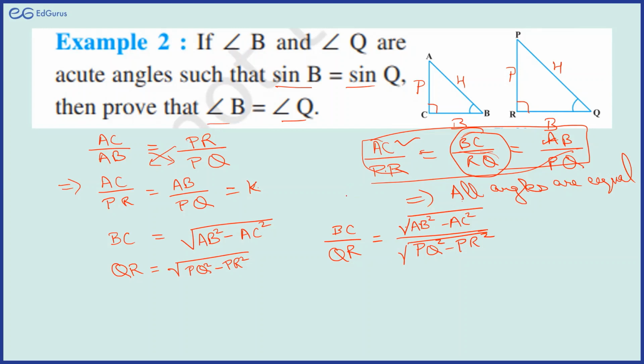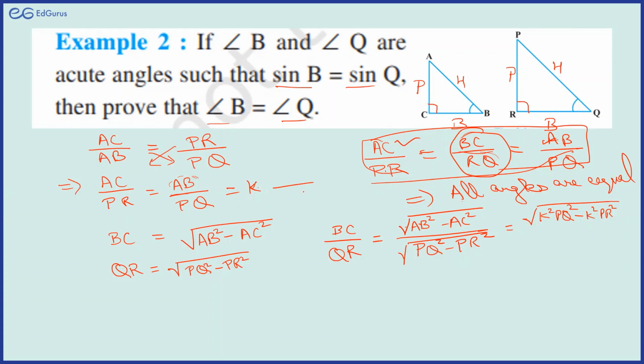Yes, ma'am. ठीक है? Now, what is my AB? I can write AB as, क्या लिख सकती हूँ AB को? AB as K, in terms of K अगर मैं करूँ, अब मेरे को इसको solve करना है somehow, right? And from here I can see AB is nothing but K times PQ. So AB square will be K square PQ square, right? And AC क्या है? PR की terms में I can say that is K square PR square,